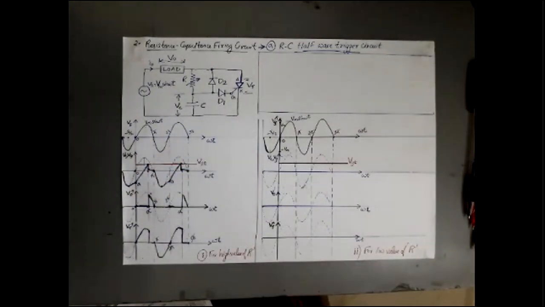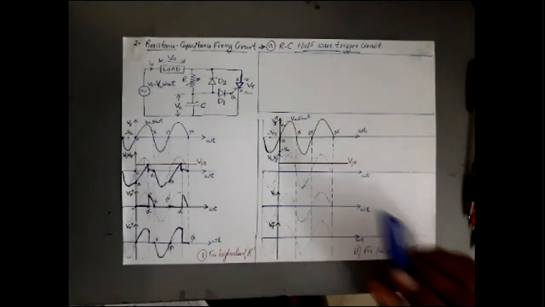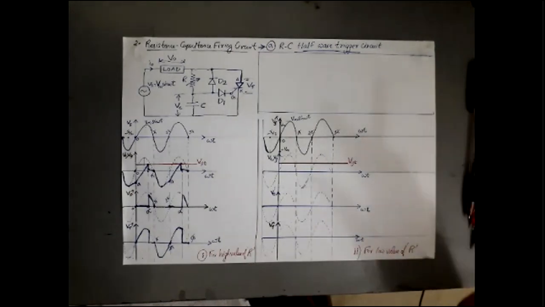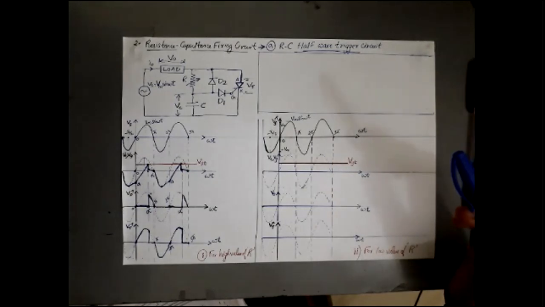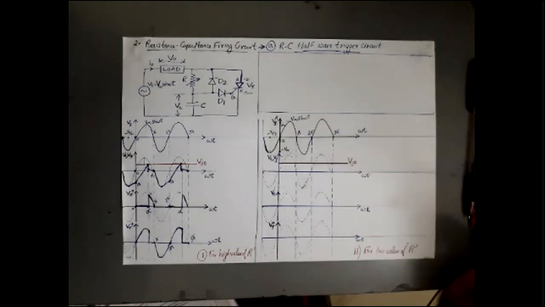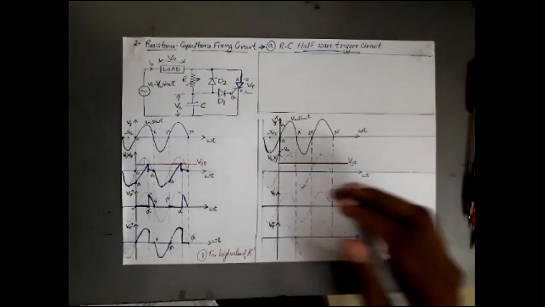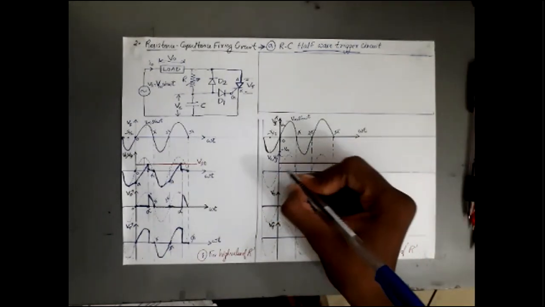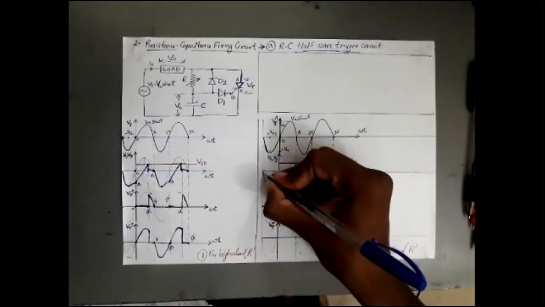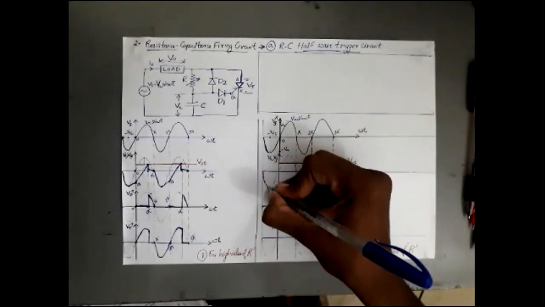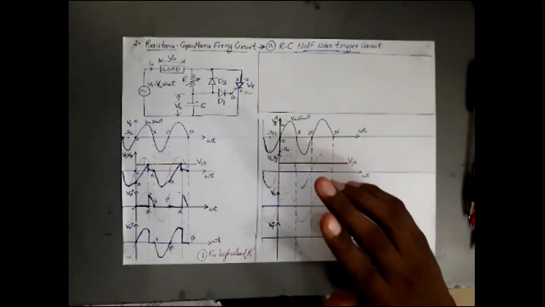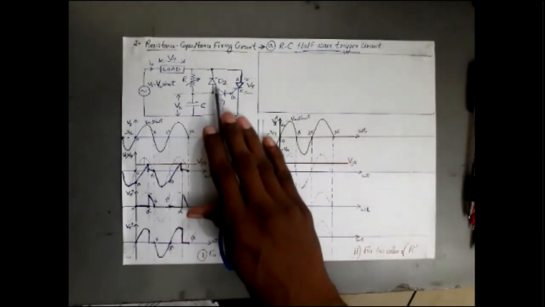Okay, so now let us have a look at the low value resistance. What is the case when my resistance value is very low? All other cases remain the same. During negative half cycle, my voltage will appear across my VC. Lower plate will be positive and upper plate will be negative, and it is charged through D2.